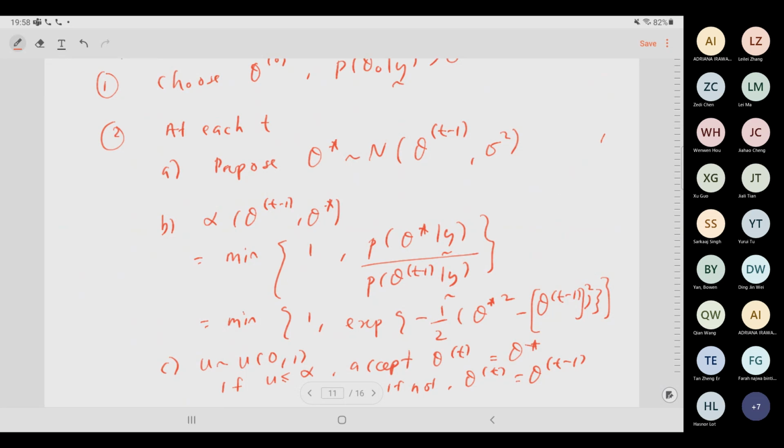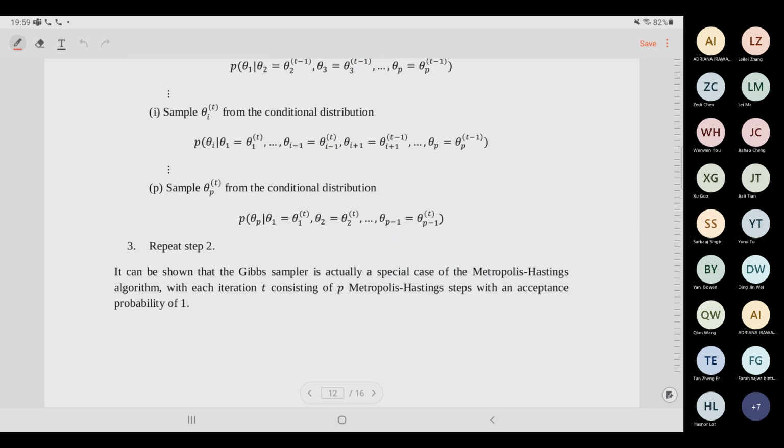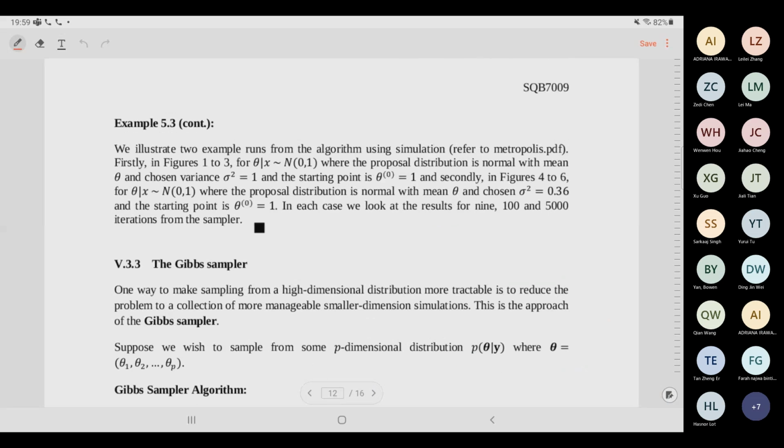And after we simplify it further with the posterior distribution, we can see that we have the exponential function, right? So you can actually do this, and we can get the algorithm to accept or reject your proposal from the normal distribution. Okay, so last week I went through this because I realized that I missed this section,